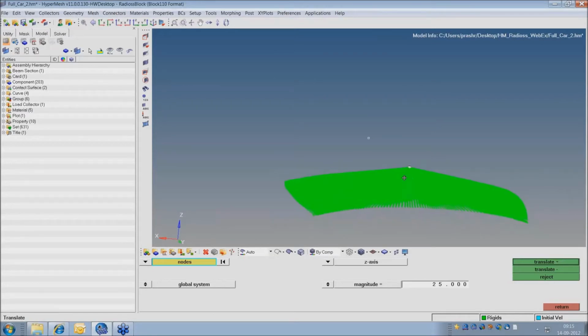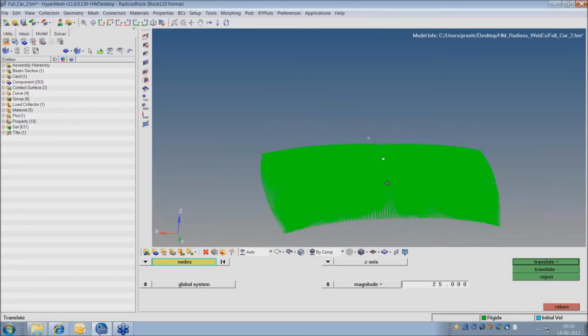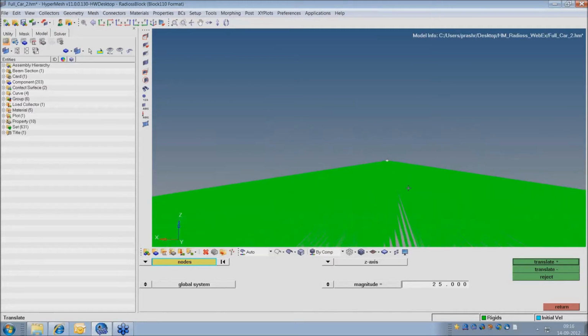So don't think force will be applied from here, because as soon as the solution starts, this node will get moved to the geometric CG of this panel. So I have just moved it quite high so that I can see this master node and handle it better. That is the only reason. Otherwise, when I start my solution, this node again will go and sit in the geometric COG. So your load location will not get altered.